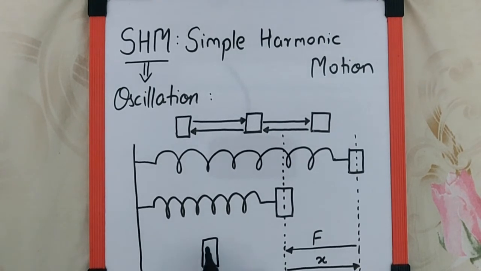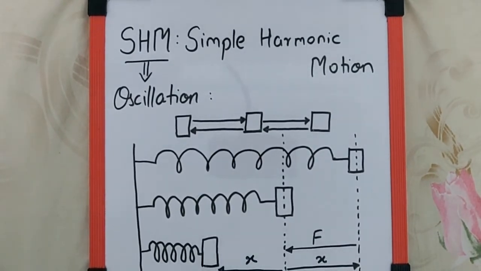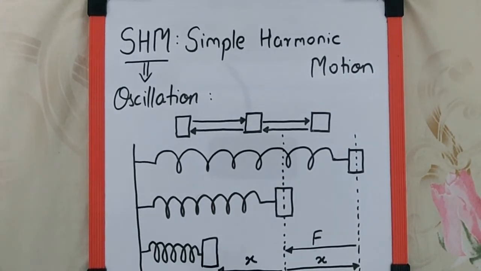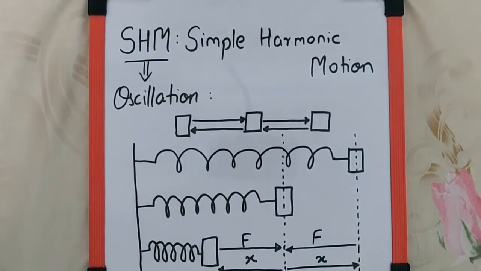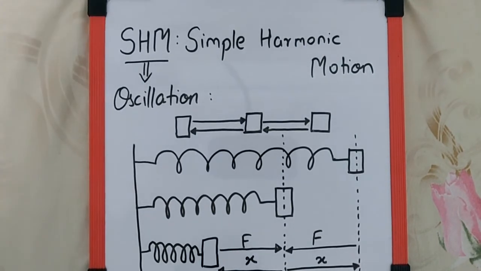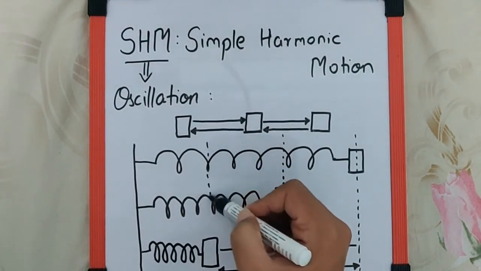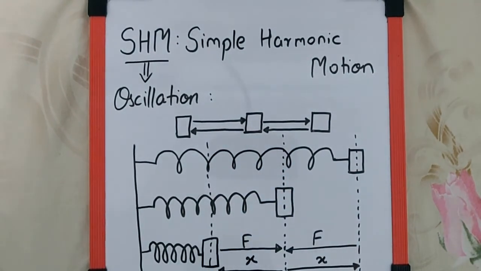At this point the velocity becomes 0 because the spring is this time compressed against the will. So I can say this time the displacement is in this direction. And so definitely the spring will try to restore its original position by pushing the block back, which means the restoring force will be in this direction. Again, this is happening only because of elasticity. So basically, this block will reach a new position. You can call this position the negative extreme.